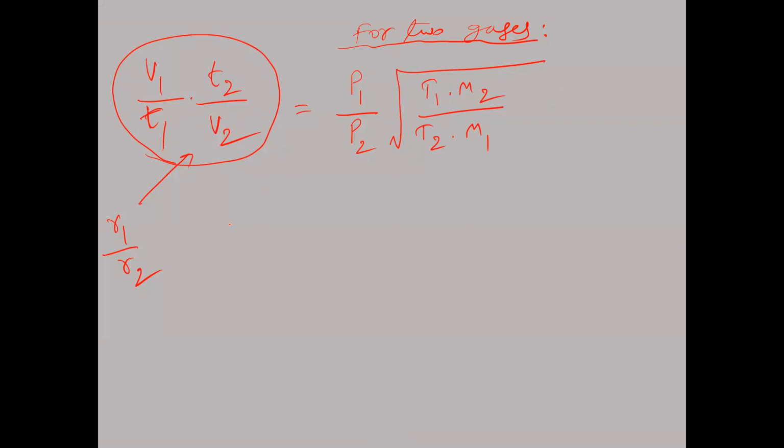Now what we have to understand is that sometimes in numerical problems they say that the volumes of two gases are the same. Equal volumes of two gases means, suppose, 1 ml of the first gas and 1 ml of the second gas. Then equal volumes means V1 is equal to V2. In that case, we need not write V1, V2. Now we are taking different conditions here.